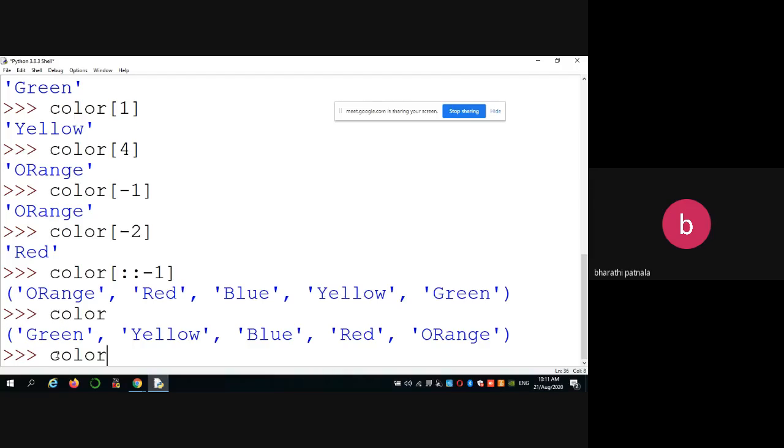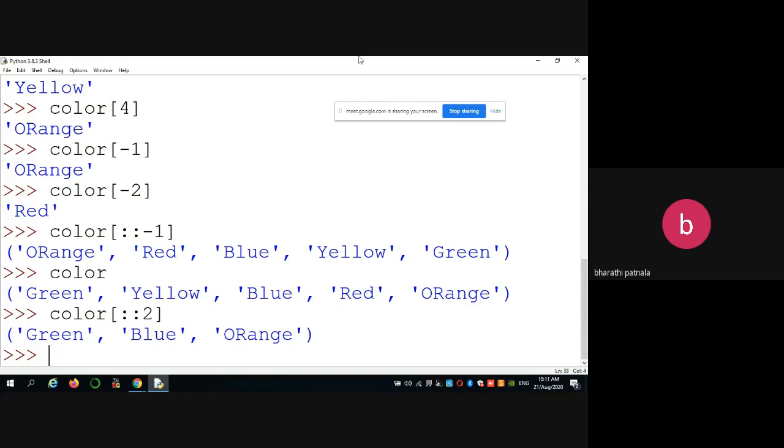Similarly, if you want to print the even positions, it starts from 0, 0 plus 2 is 2, 2 plus 2 is 4, like that. All these we call slicing.